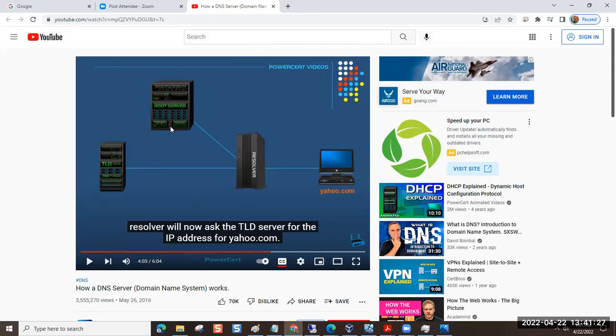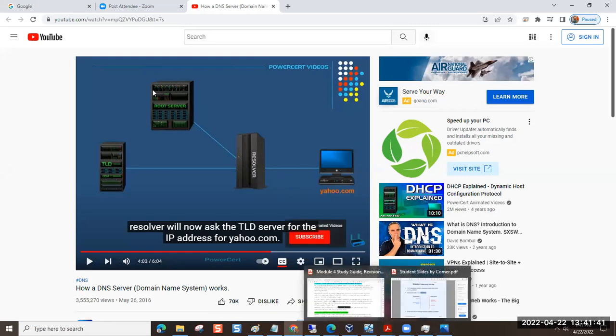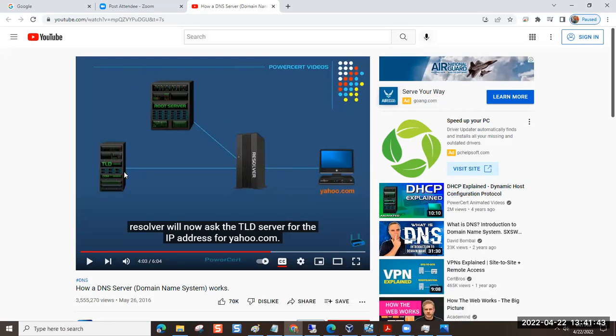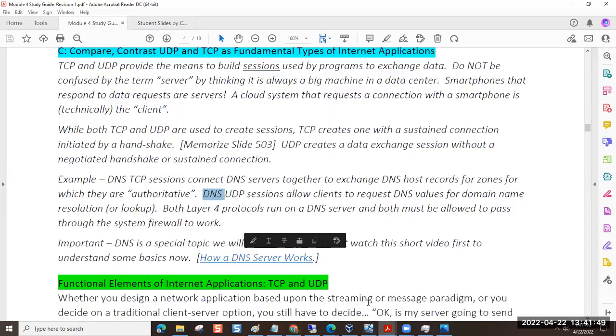When you have named resources that are accessed across a network, you have to have some manner of resolving the names. And DNS is the standard for how to work that process. The thing that I want you to understand is that the transfers of records on this level between servers are managed with TCP/IP. So between servers,